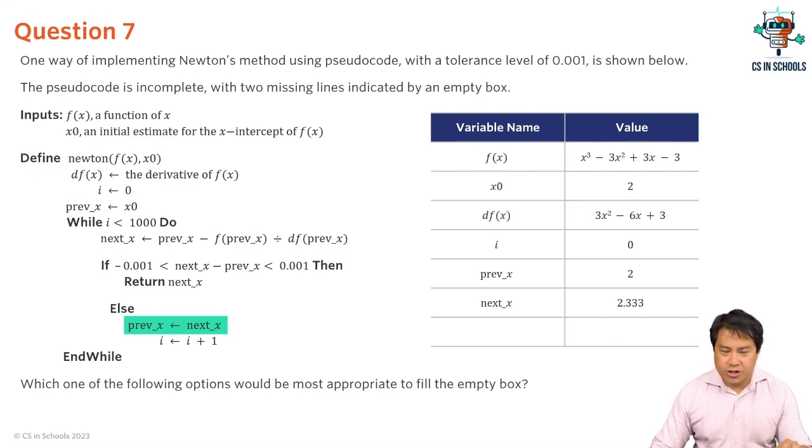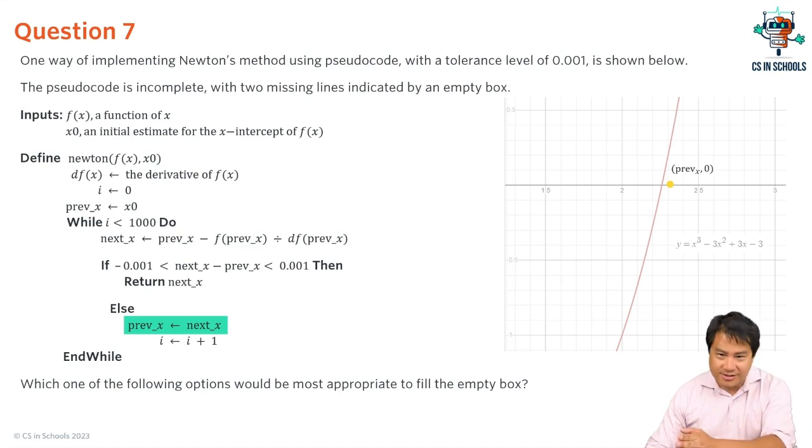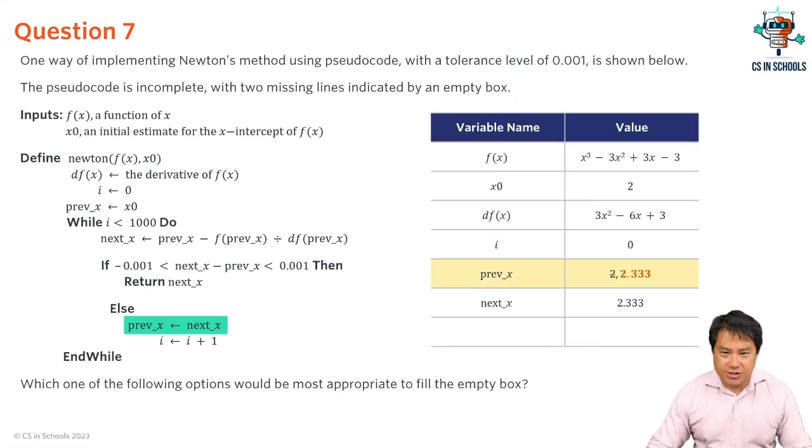Before we go to the next iteration, we are going to take our new estimate, next x, and put that into our previous x. So the new value of x is going to become the previous value of x when we go around the next time. Okay, so we'll show a diagram of that in a second. This line here is taking the next value of x and putting it into the previous value of x. And you can see what's going on here: the green dot is our next estimate, and that's going to be changed into the previous x for our next estimate. So there it is. Previous x is going to change from 2, which was our first guess, to